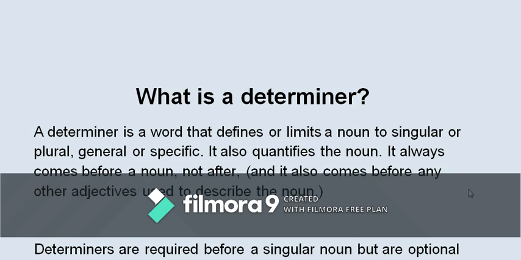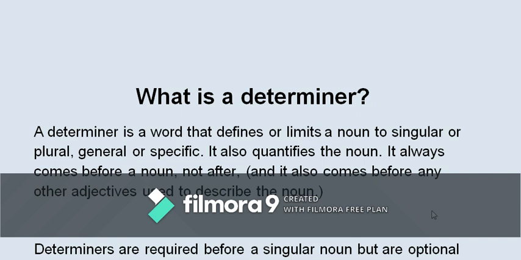In this lesson you will learn about determiners, all the components of it, and then you will find the tabulated information with the words, and those words are regrouped into singular and plural usage, with examples. Let us begin. A determiner is a word that defines or limits a noun to singular or plural, general